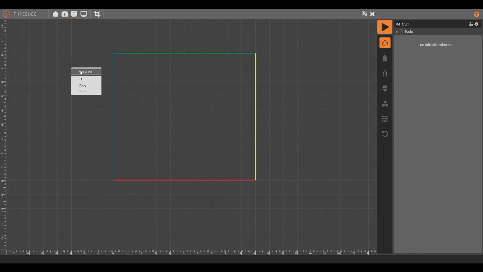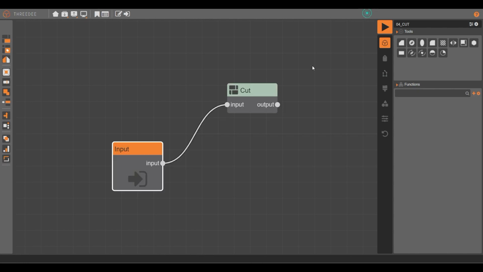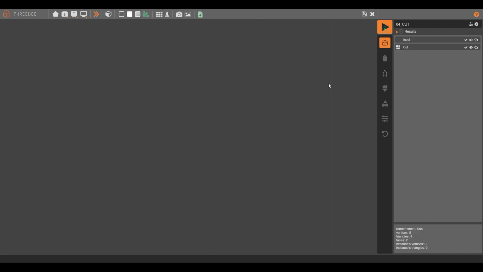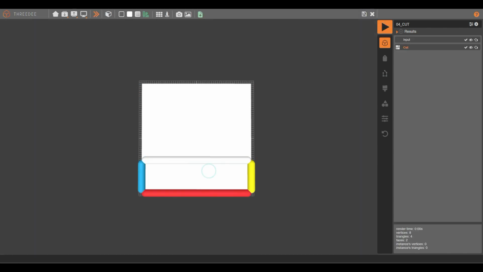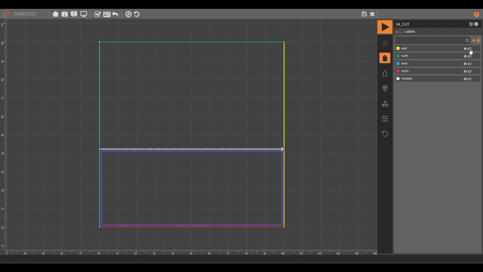Let me make it again. Resolve 10 by 10, and that's it. Okay, now you can select some labels for the regions. Here you select your region, you select labels and assign label. This will be south, this will be